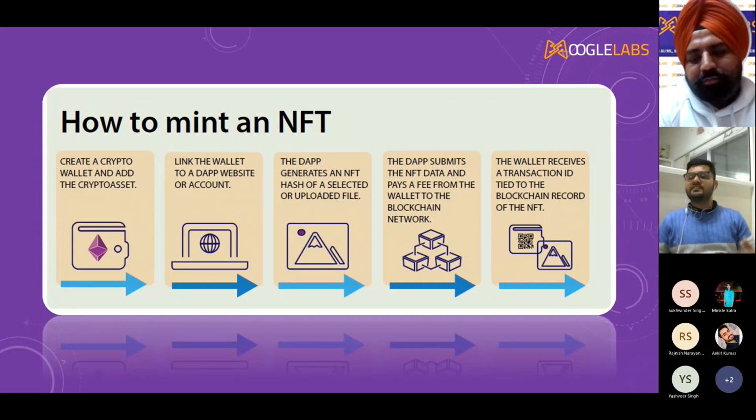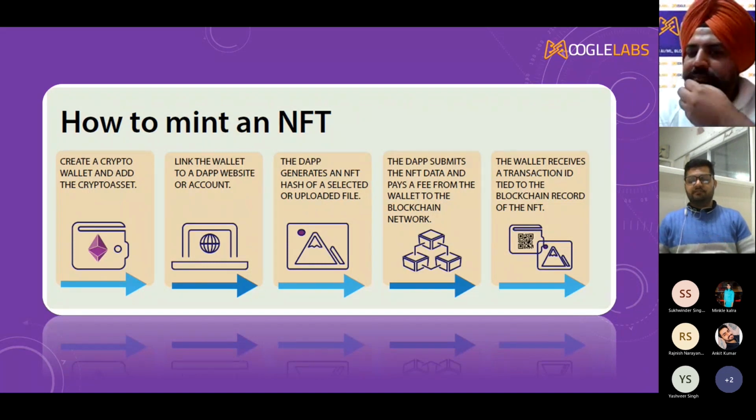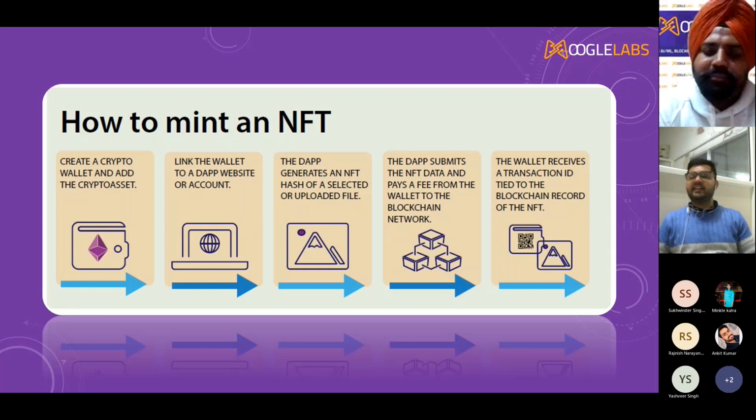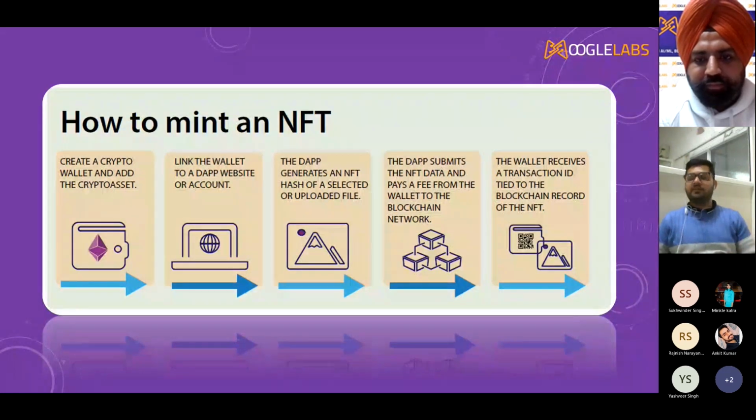That data, once published on the blockchain, will be immutable. No one can do any mischievous thing with that data. After that, the specific NFT with a unique ID will be reflected in your wallet address, and from that wallet address, the complete NFT list of that user is displayed on the marketplace. So this is the basic structure we use to create the NFT, because they have already created some protocols,